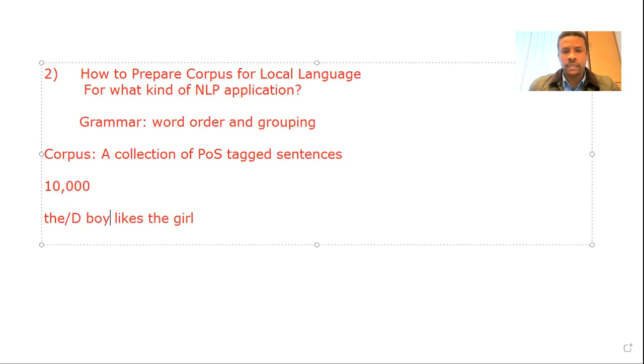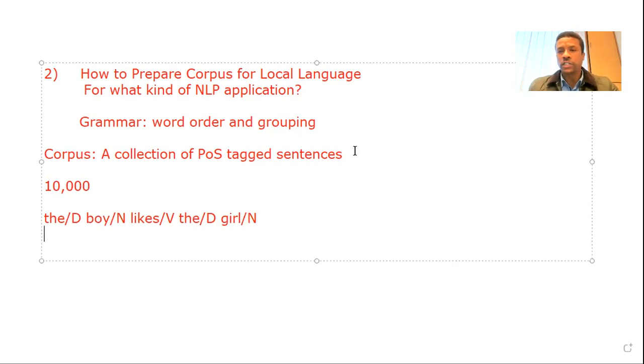This is a determinant. This is a noun. Sorry, this is a noun. And this is a verb. And this is a determinant. And this is a noun. Now, you're going to have many such sentences, which means all the 10,000 sentences that you have